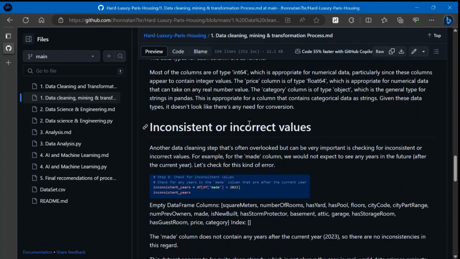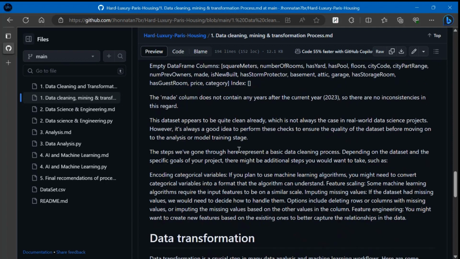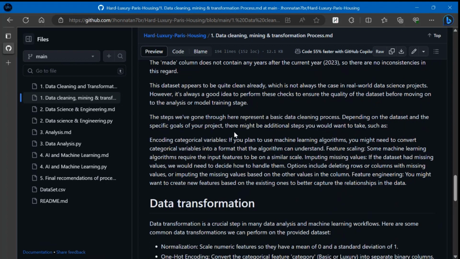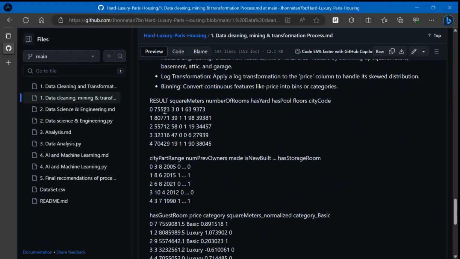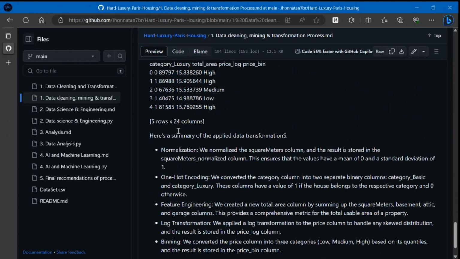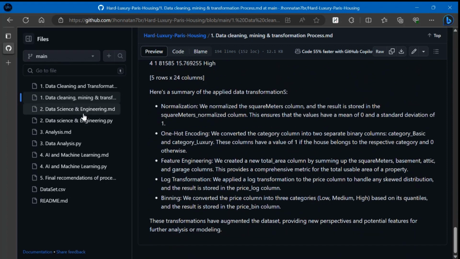After that, it is important to find inconsistencies, or values that don't match with other values, or values that don't have real meaningful data that we can use. After that, it is important to transform the data. As we can see, some of the results, all the processes explained step by step. If you want, you can read it more